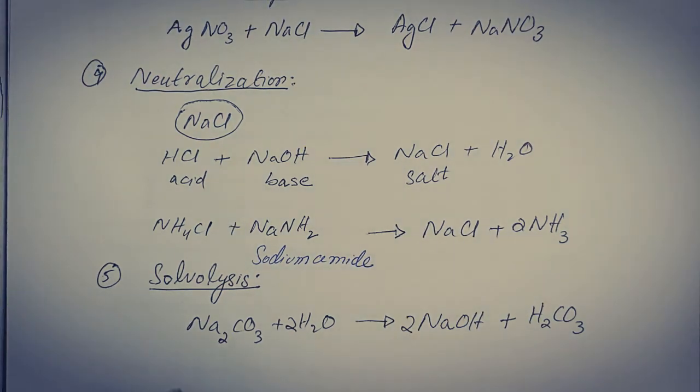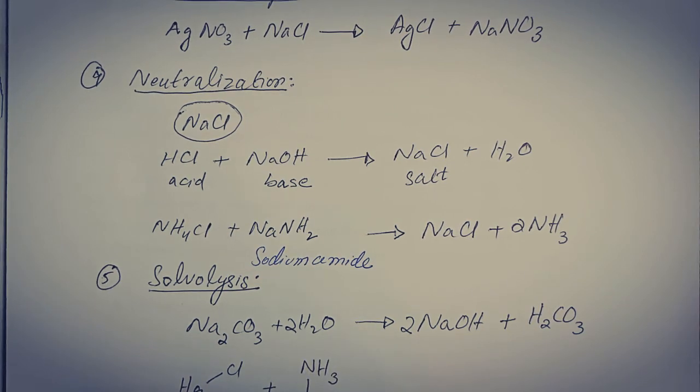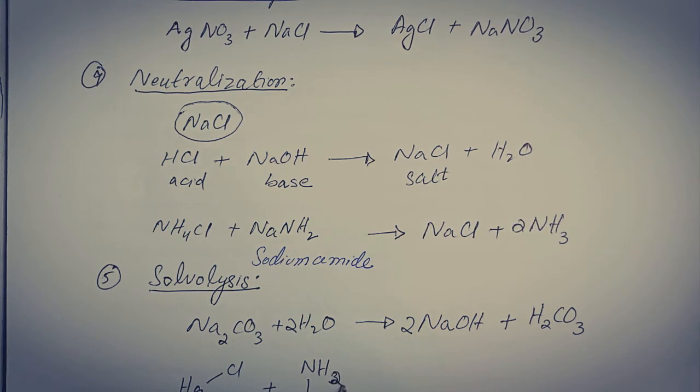Another example is mercury chloride that is reacted with ammonia, that is NH3. So here if we draw the structure in this form, so we can see how